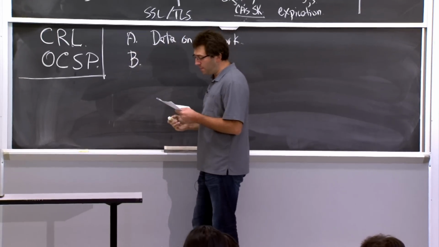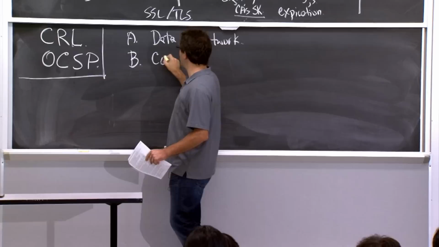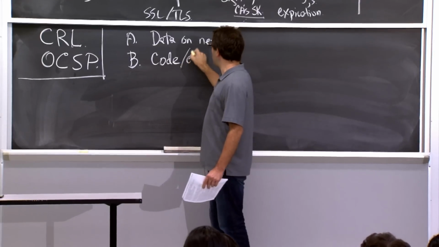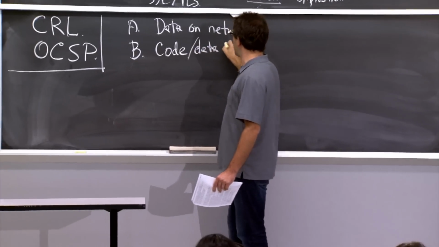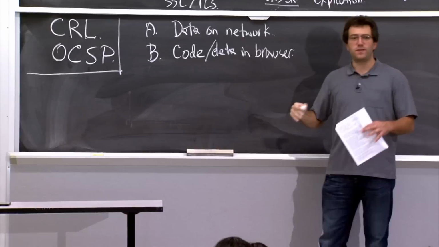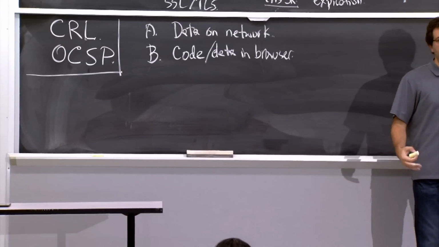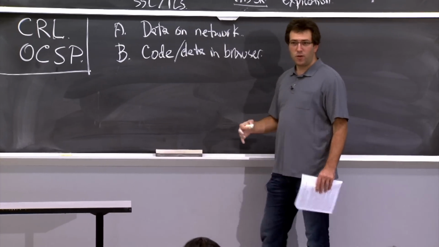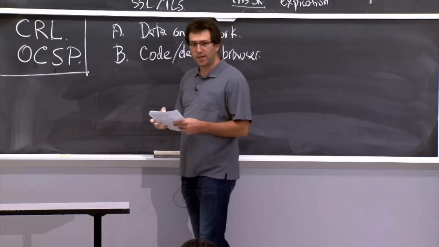The first of them is anything that actually runs in the browser. So code that's running in the browser, like JavaScript, or important data that's stored in the browser, maybe your cookies, or local storage, or lots of other stuff that goes on in a modern browser, all has to be somehow protected from network attackers. And we'll see the kinds of things we have to worry about here in a second.